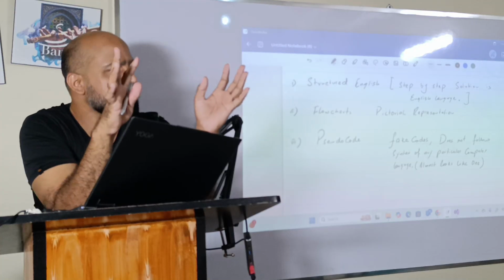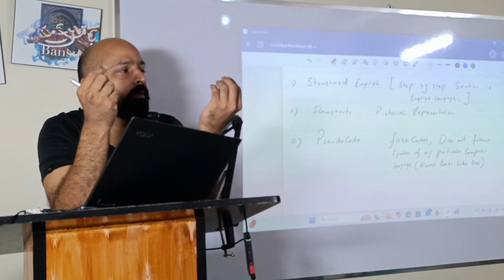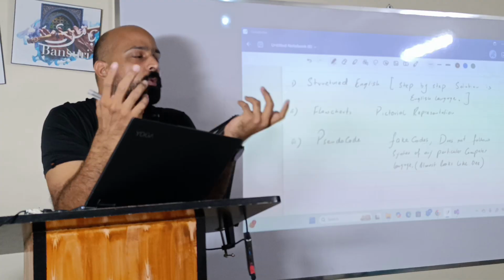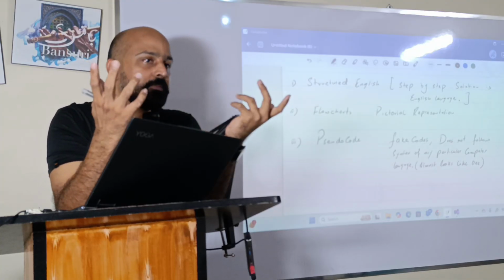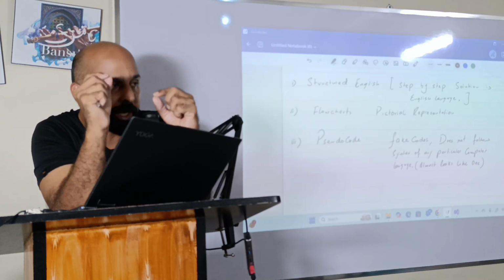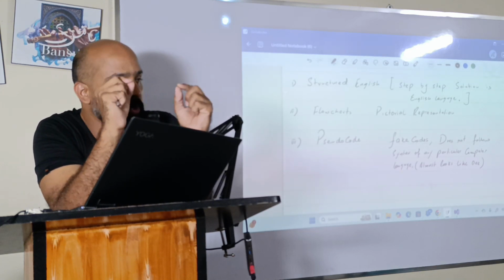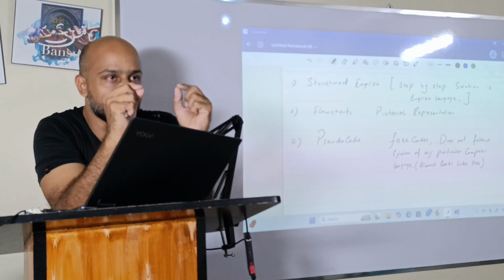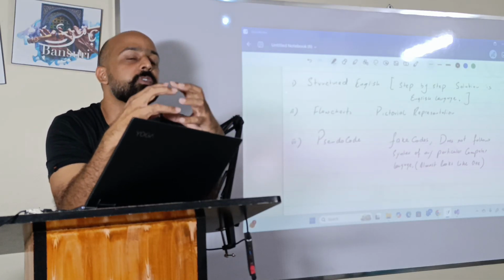But they all know that to display a message, we write output. In pseudocode we call it output or print. So all the programmers might not know what keyword to use in what language, but they all know what it is called in pseudocode. So pseudocode is like an English language for the programmers.